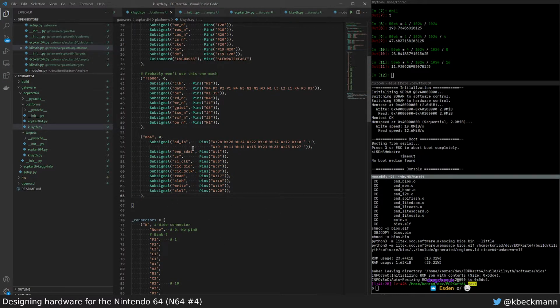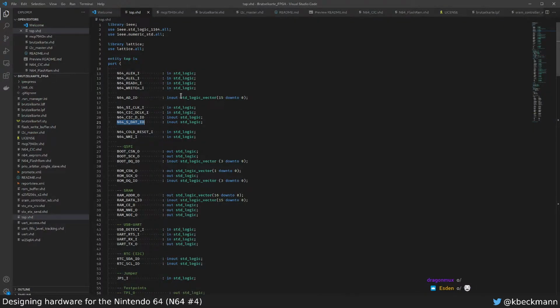So all of this stuff is connected, and right now I'm trying to figure out. There's a VHDL implementation of a flashcard that I'm trying to